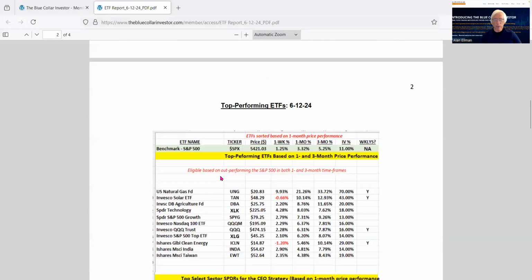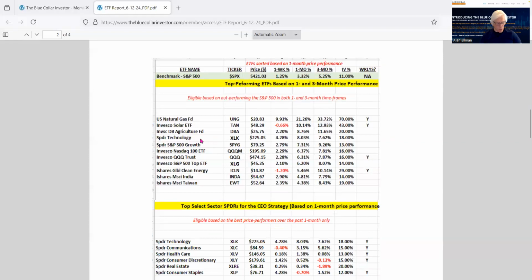Now, here is the 6/12/2024 ETF report, and all of these ETFs have adequate trading volume, relative strength of 60 or greater, which means they're in the top 40% from a price performance perspective. And each one of these ETFs have outperformed the S&P 500 in both 1 month and 3-month timeframes, both, in order to make these reports. We also give you 1 week, but that's not factored in to whether or not it's eligible. And it is sorted from the highest to the lowest in a 1-month timeframe, but they've all beaten the S&P